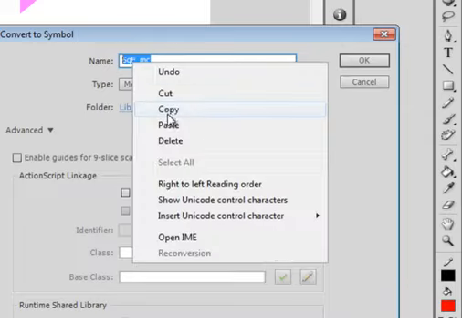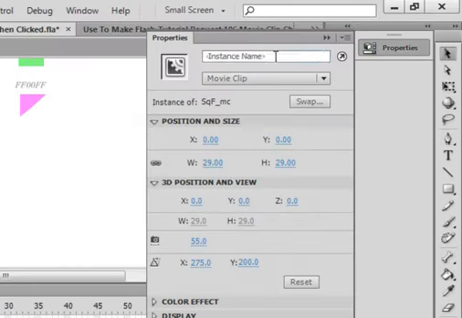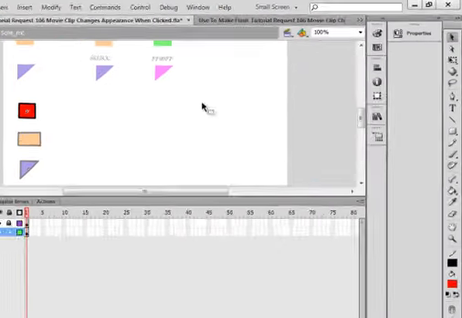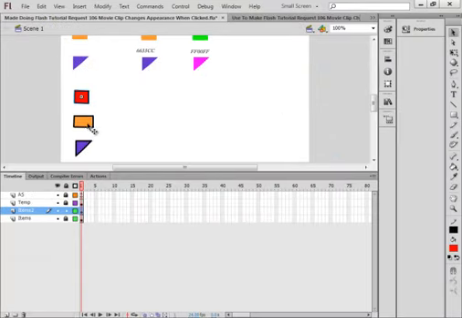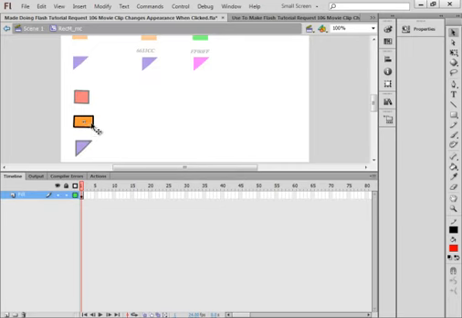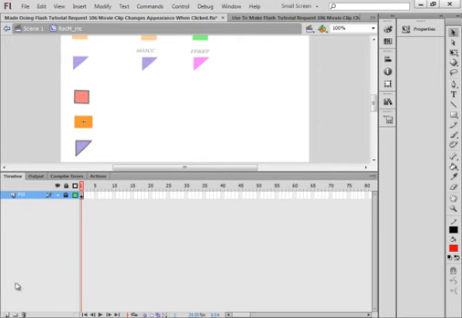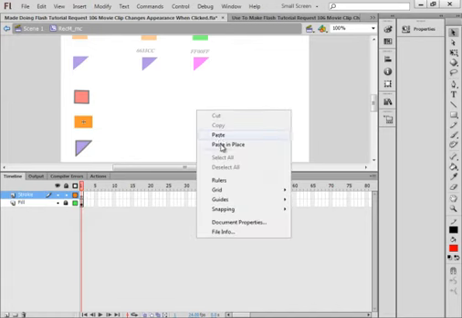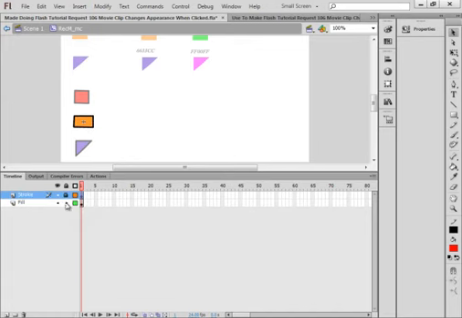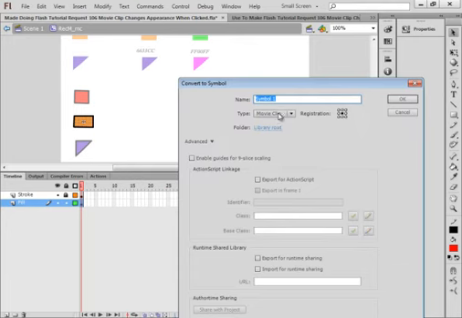copy that, paste it in for an instance name, go back to scene 1, double click on this one, got all the stroke selected, cut that, lock that layer, insert a layer, call it stroke, S-T-R-O-K-E, right click, paste in place, lock that layer, unlock the fill layer, select the fill, convert it to a symbol,